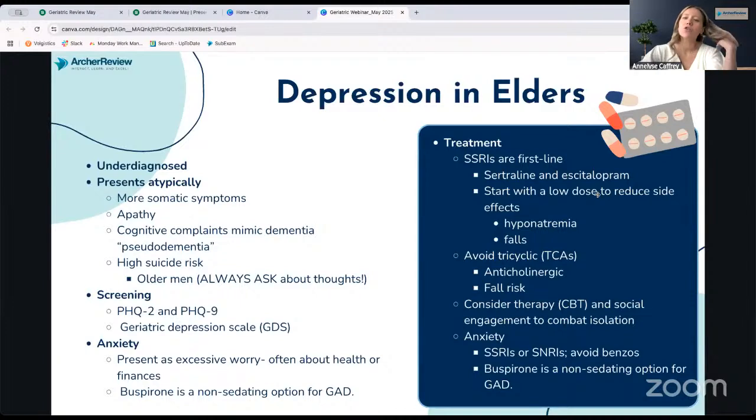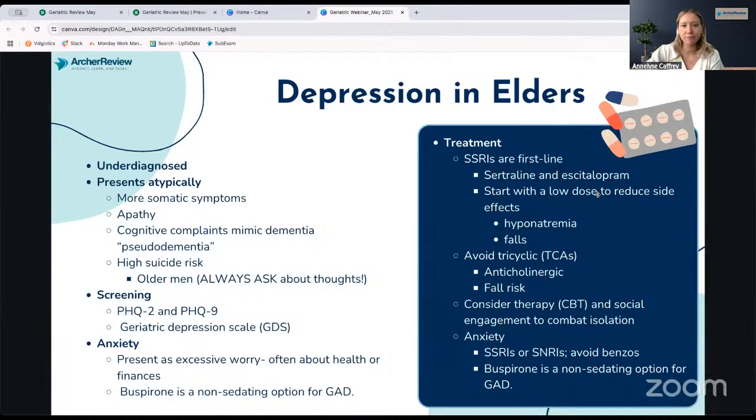And make sure that you're also talking about therapy options, social engagement. A lot of times the depression is very situational. Their life has changed. They've lost their spouse. They're living in a facility now and have had to move out of their home. They don't have a job that they've had for the last 45 years. So they can feel a little lost and without purpose. And so social engagement and cognitive behavioral therapy are going to be really great ways to engage older adults in